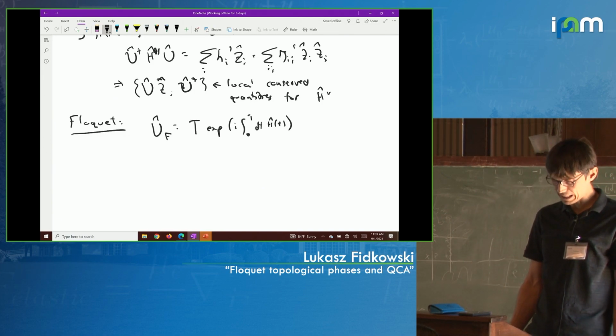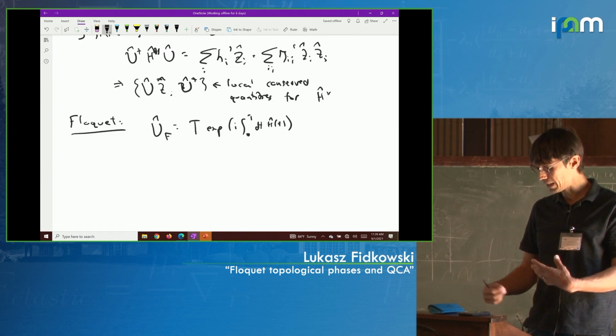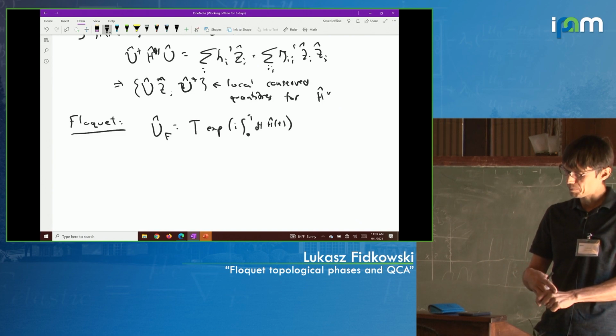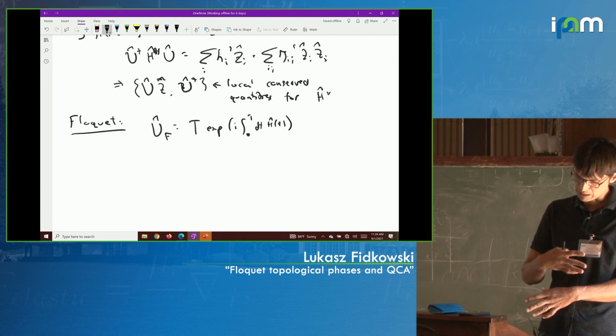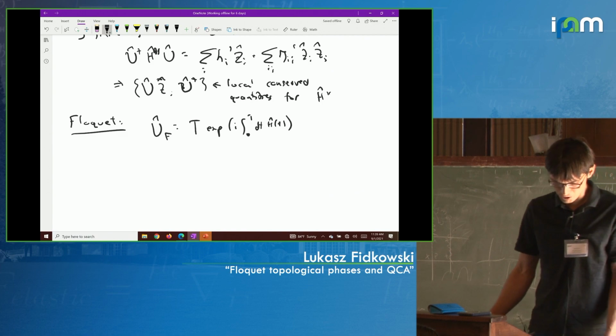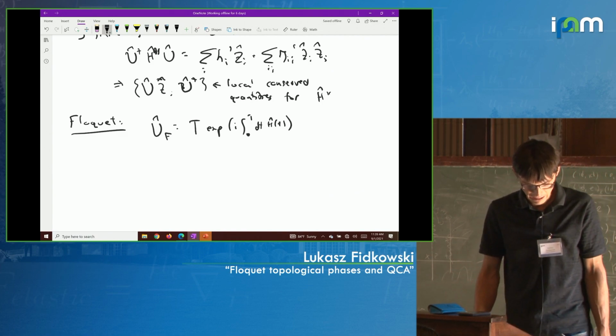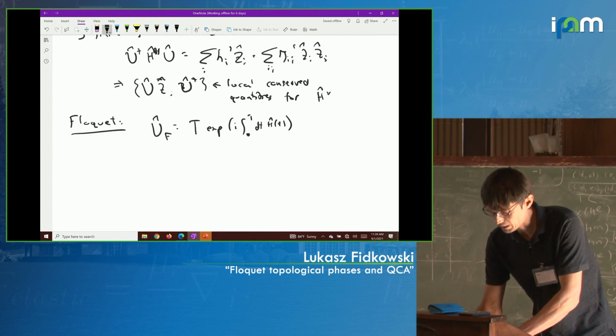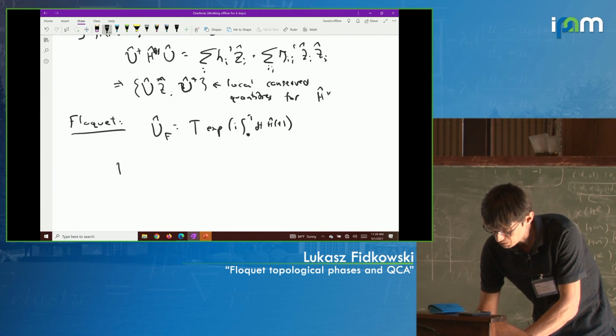So it turns out that there's something called Floquet's theorem, which tells you that if you diagonalize this Floquet unitary, that basically tells you everything you need to know about solutions of this time-dependent Schrodinger equation. So the name of the game is to just diagonalize this Floquet unitary, and the MBL property in the context of Floquet systems is a property that relates to the form of this Floquet unitary.